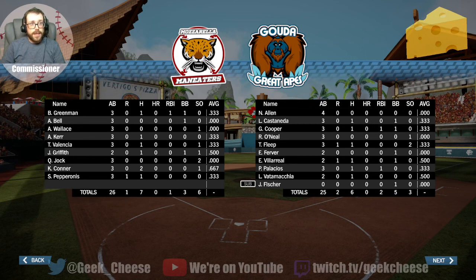3 walks. On the Great Apes side, of course, RBIs and hits coming from GC. Game-winning RBI single. Palacios. And just a smattering of hits throughout, too. 3 strikeouts, 5 walks. And even looking at the lines here, folks, it's just very evenly matched